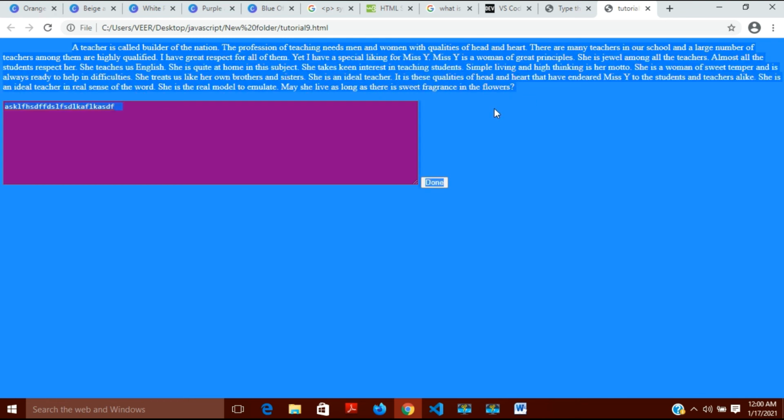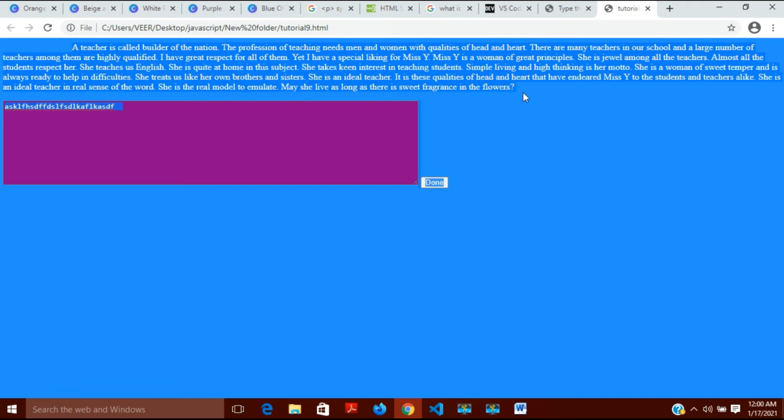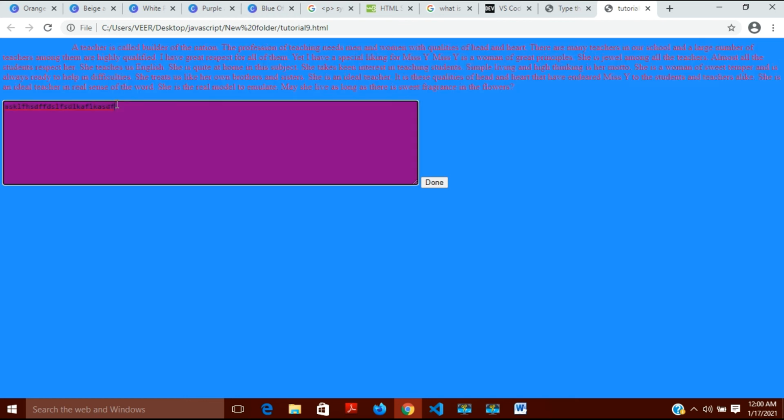I don't want that to happen. I want it to become invisible after I click on done, and it should also not take any text. And it should again convert into start. When I click on done, it should again convert into start. This thing I want to happen.